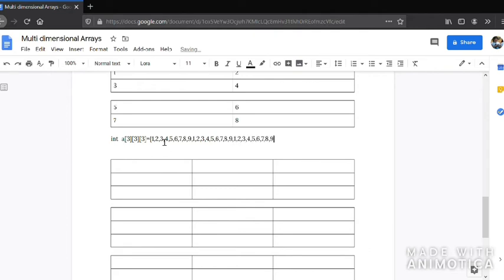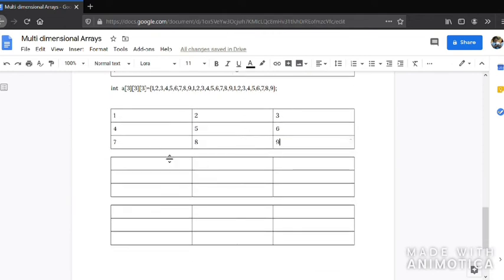6 7 8 9. Okay, so this is the array initialization. Now how it goes is like 1 2 3 4 5 6 7 8 9. So for the 0th, see here there are 3, which means the maximum index will be 2: 0, 1, 2. So here also again the same, these 9 values have been assigned to the first layer. Now from next 1 to 9 in the next layer, 1 2 3 4 5 6 7 8 9. So 0 has been finished, first has been finished, now the